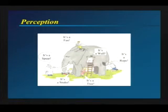evidence, and you can see these individuals misidentifying body parts